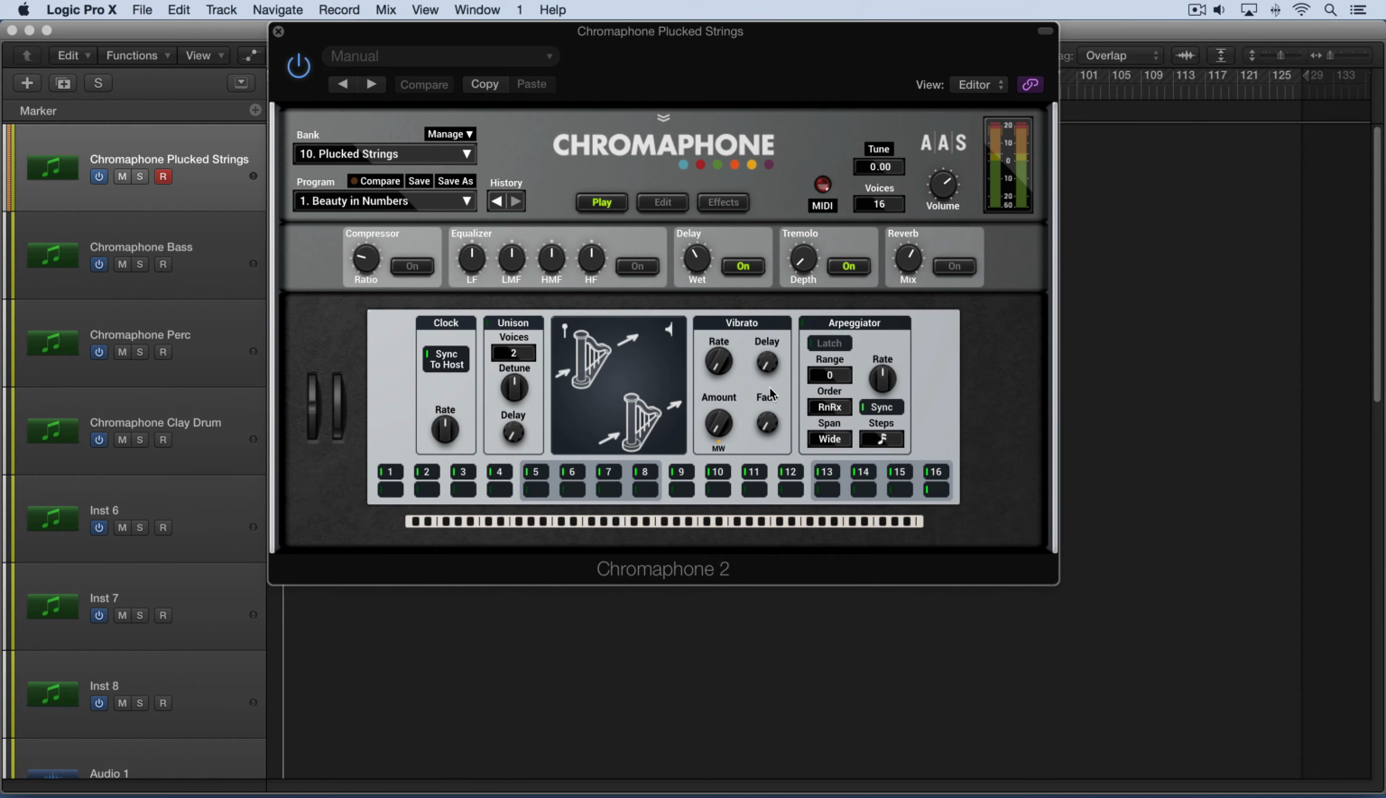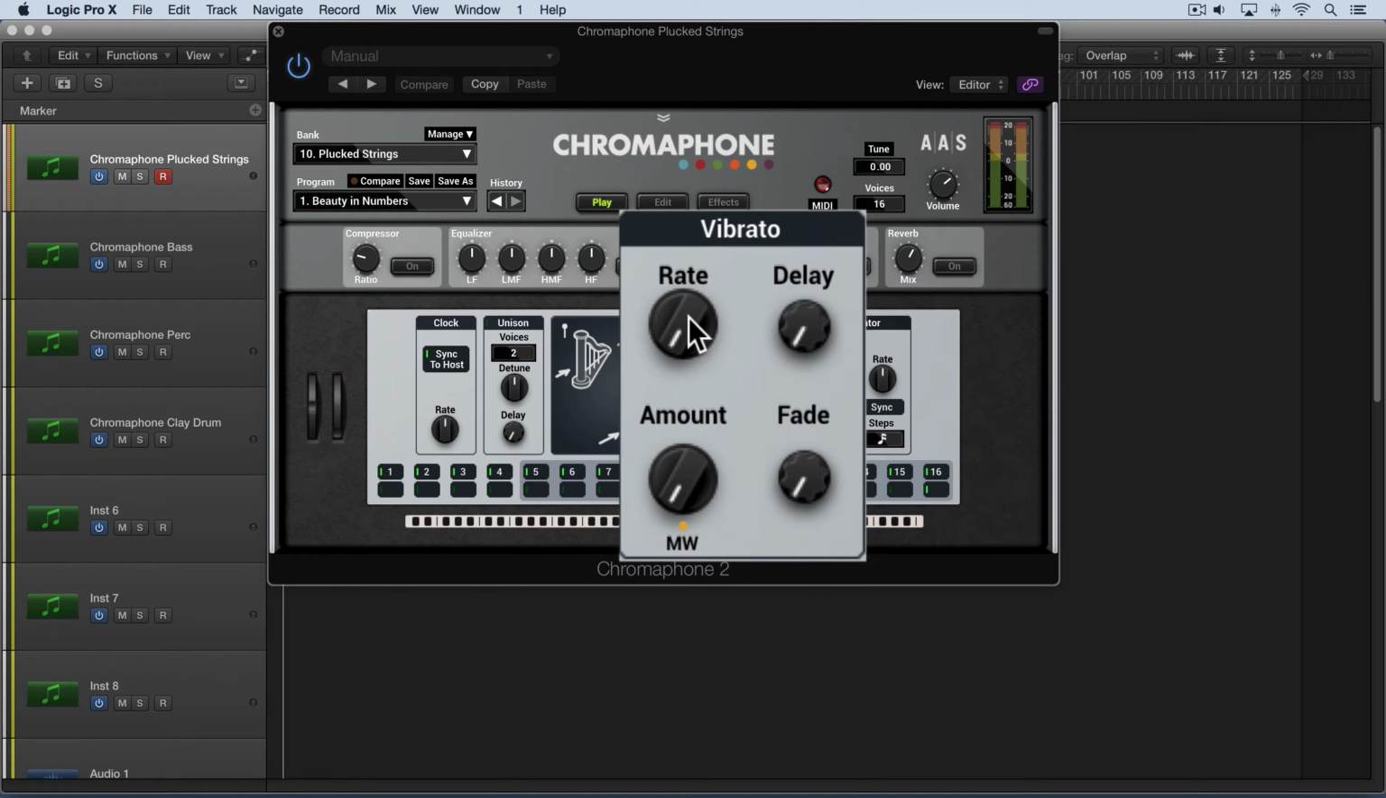The vibrato module is found in PlayView, and it's like a permanent dedicated LFO that's set to a sine wave and set to modulate pitch. It's hardwired to it, and it's separate from the LFO that we find on the edit page. Now, we can use the rate knob to set the frequency or the speed of the pitch oscillation that it's